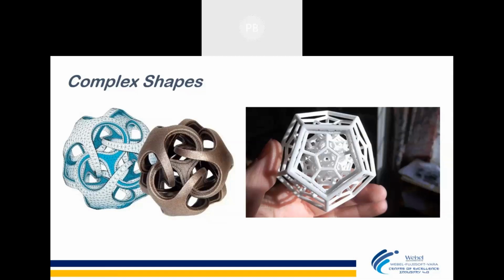Now if you see this second example, this is a cube. Inside there is another cube, inside that another cube, inside that another cube. Yes, this product has been developed earlier also with normal conventional manufacturing. But how did they develop it? Maybe they made a cube and kept one face open, put another cube inside through that face, a third one through another face, and closed them later on.